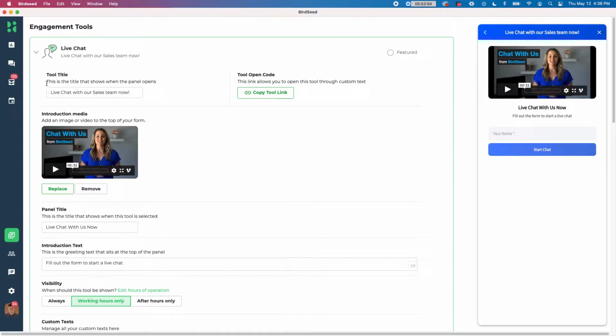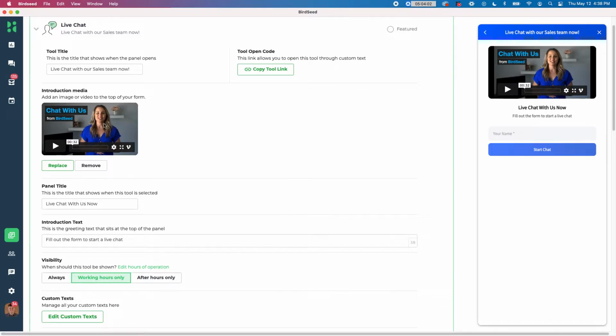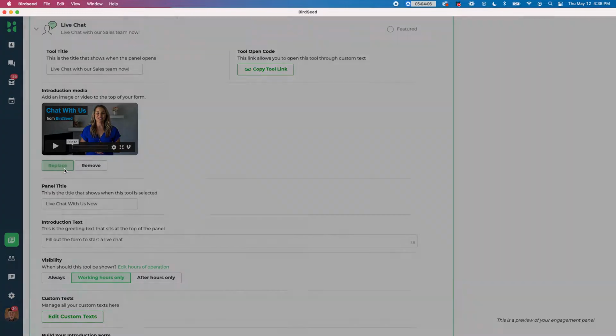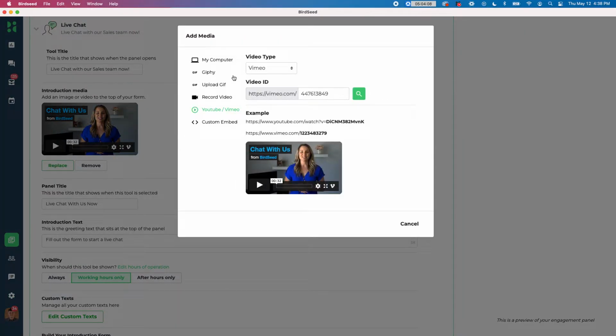You can see right away we have tool titles. So you can say live chat with our sales team now, or whatever you want to say right there. Below that we have our introductory media. So you can actually choose to not have this if you don't want it, or you can put all types of media in there. If I hit replace, I can put all the same content as I did with my